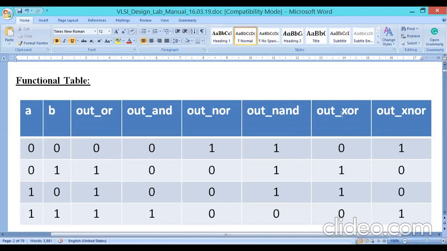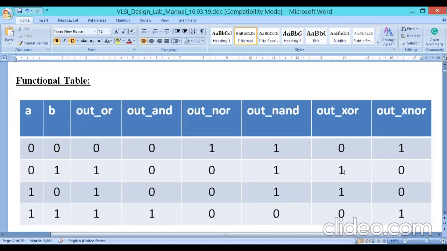Next, XOR is a very important design. XOR means exclusive OR. XOR detects the odd ones; even ones it won't detect.